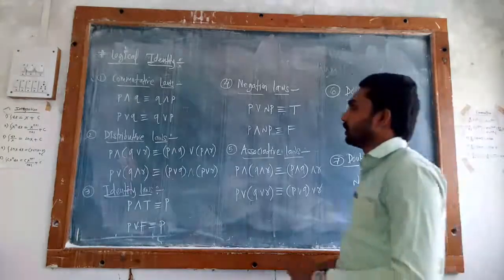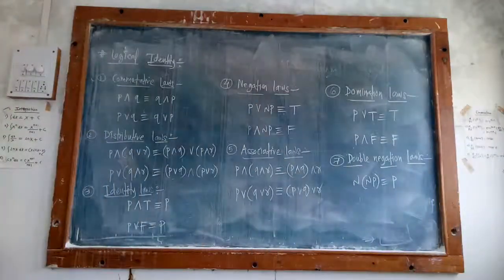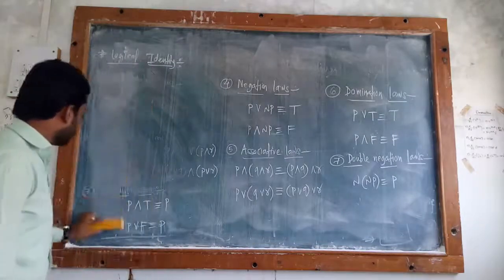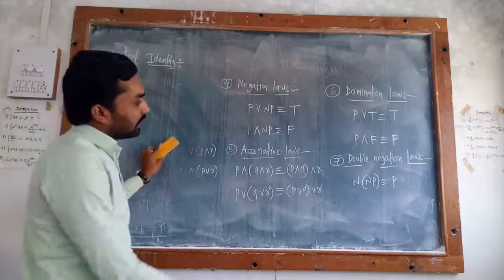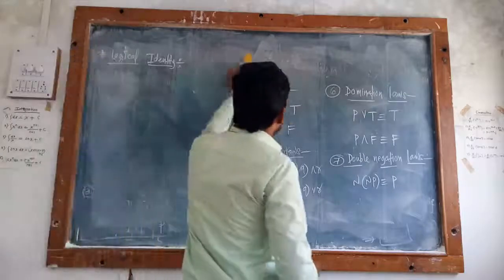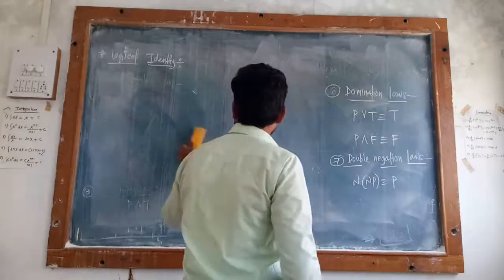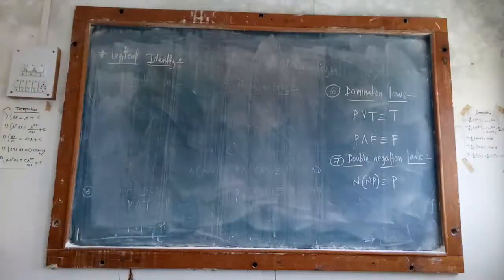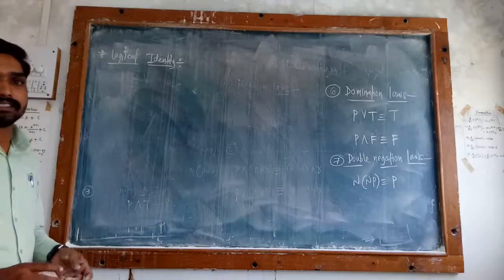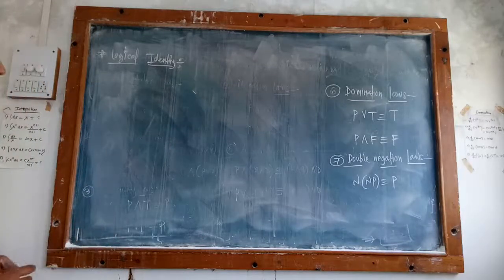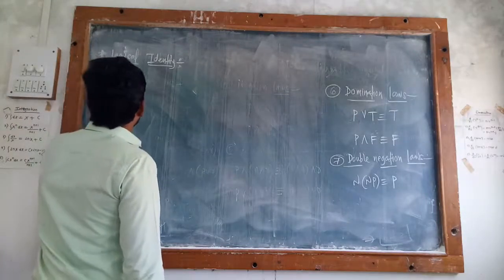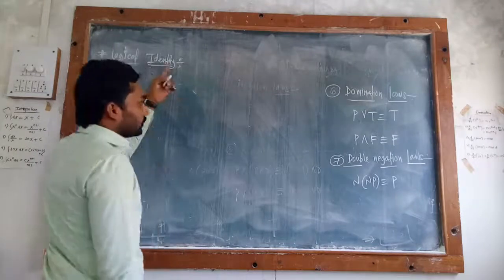So the next, law number 8, that is De Morgan's law. Already we have to study all these laws in your set relation, that is by using the operators. In sets A, B, C, using that, we have to use here propositions P, Q and R. And in that set chapter we have to use the sets capital A, capital B and capital C. Like the sets.